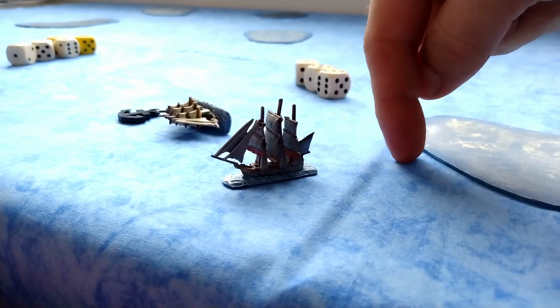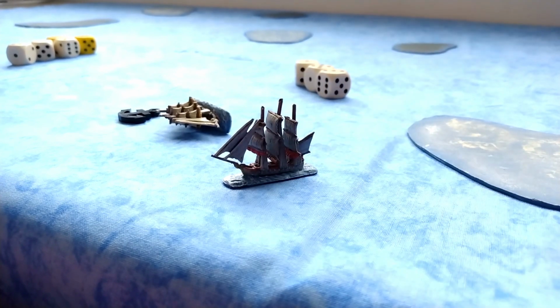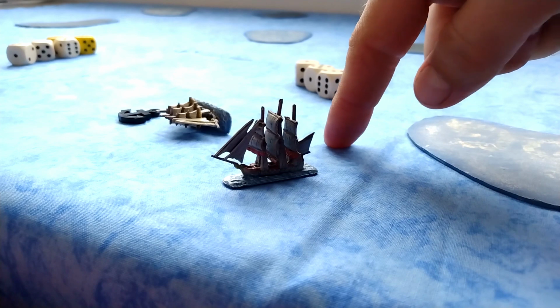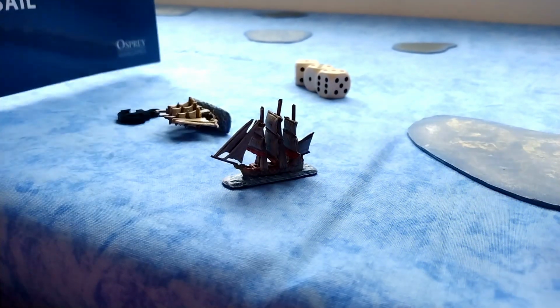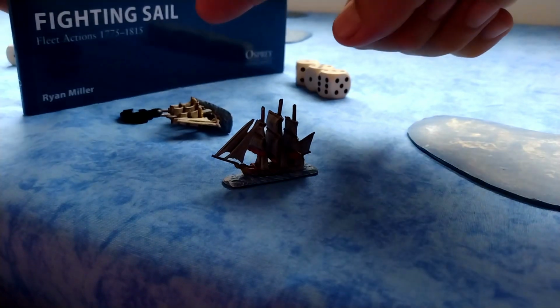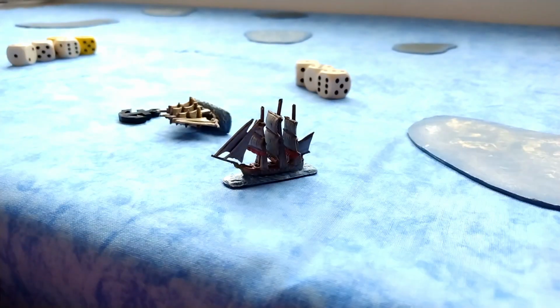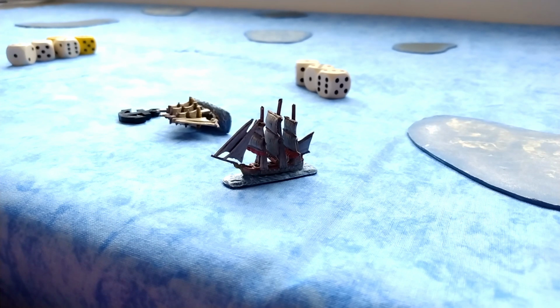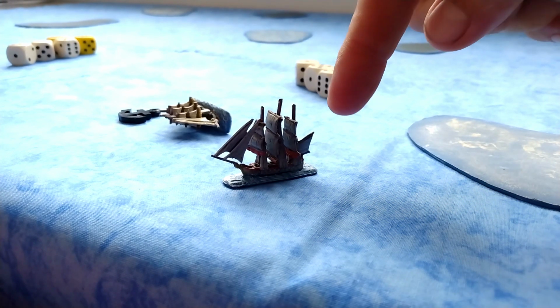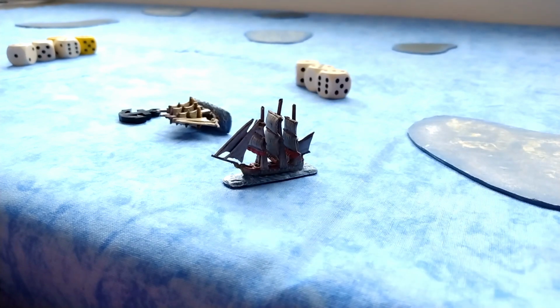Fascinating game. Very historical feel to it. A little bit of hot one-on-one action. If you don't want to play big battles between lots of different ships, don't be afraid to pick up a little bit of Fighting Sail just to do this mano-a-mano ship-on-ship duel. Master and Commander was one ship on one ship, and it's one of the greatest movies ever put to celluloid. This naval game can be just as much fun